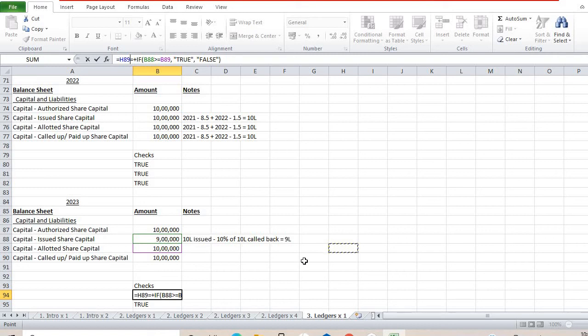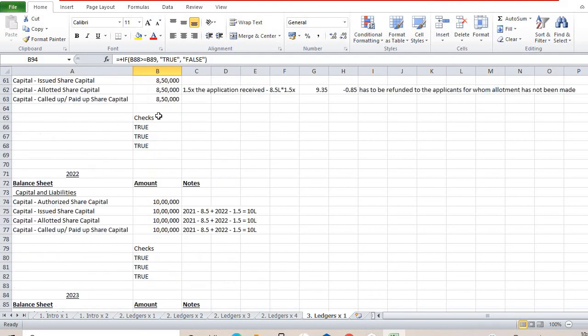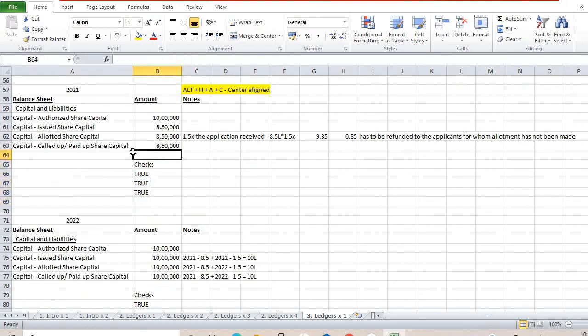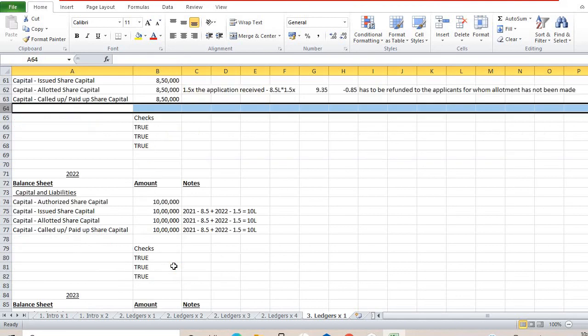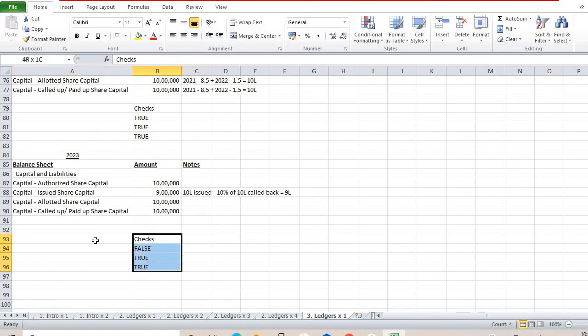I want you to apply some mind and think about why the formula is not checking the first two. I mean, that's the question. Sorry, I'm just going to do Control Z here. So the answer is, if you check the check here, it is coming after one empty line. Here also it's coming after one empty line. But here it's coming after two empty lines. Therefore, there is an error in your check.